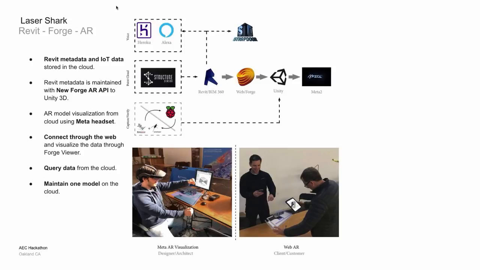We had a teammate who was in Italy, and he was able to take some screenshots of him actually working with the Revit model that we uploaded onto the Forge AR toolkit. And the one thing that the Forge AR toolkit does is that it holds the Revit metadata into Unity, which is what was really important for us.